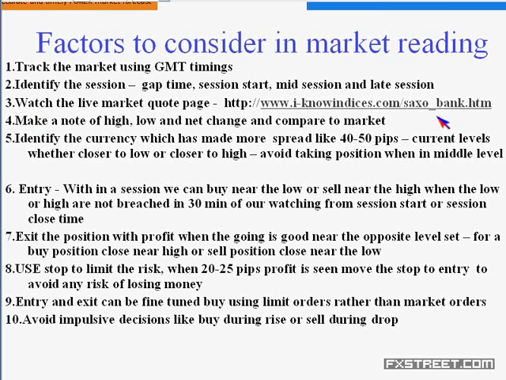The live current market rates are there, the low and the high, and also the net changes. I just refer to that as the net change and said that excepting Australian dollar, all other currencies are showing less than 30 pips net change, either on the positive or the negative side. The numerators are showing positive net change, the denominator currencies are showing negative net change, indicating that they are making